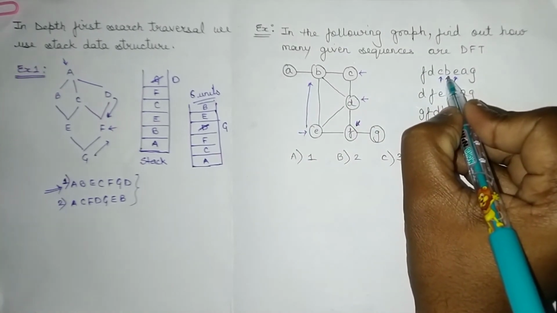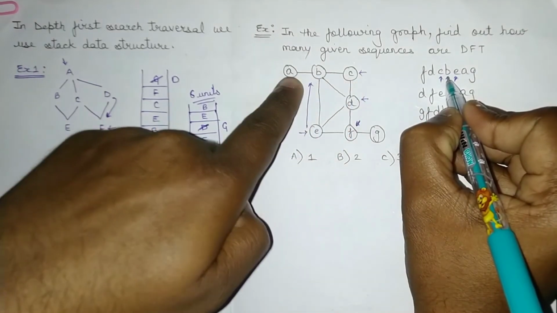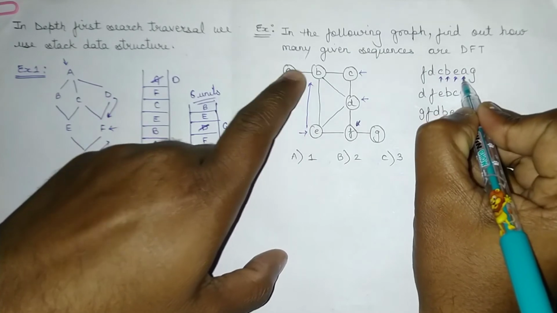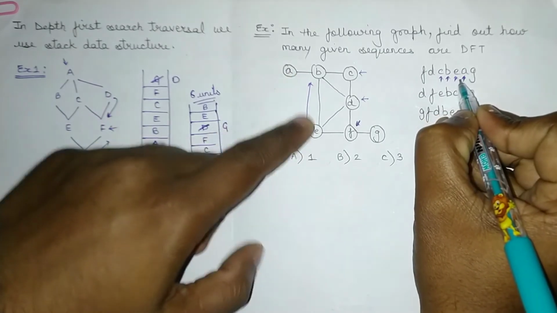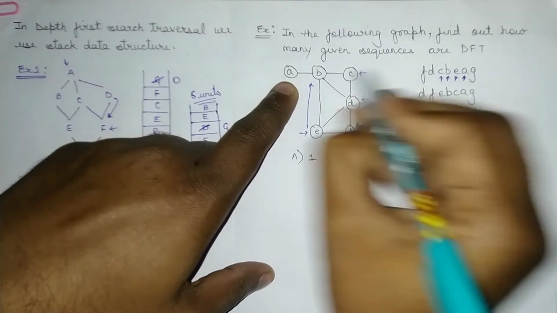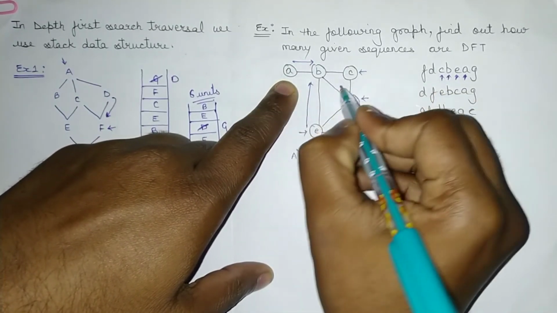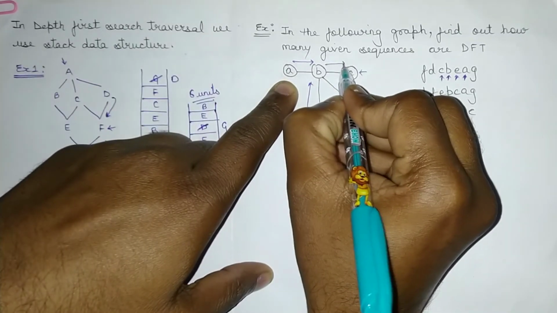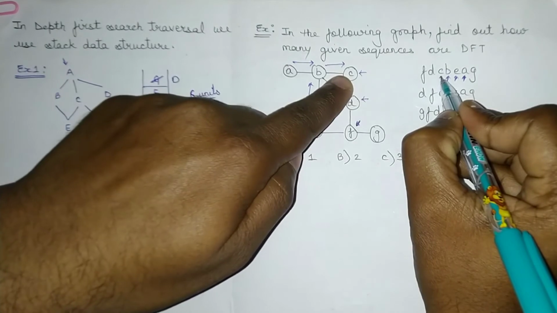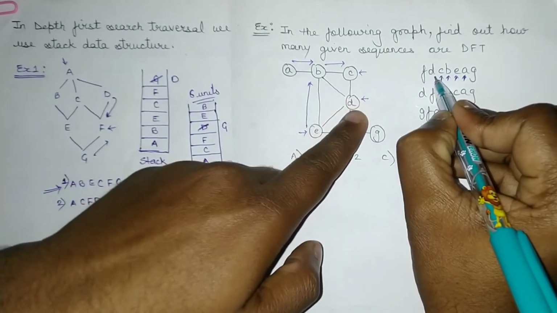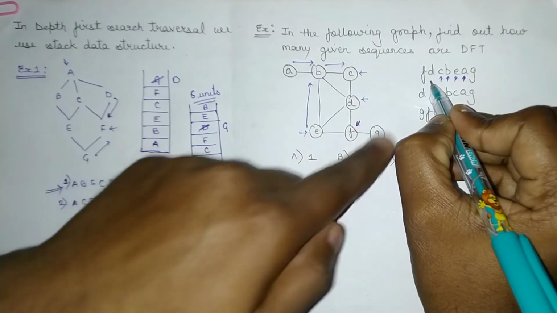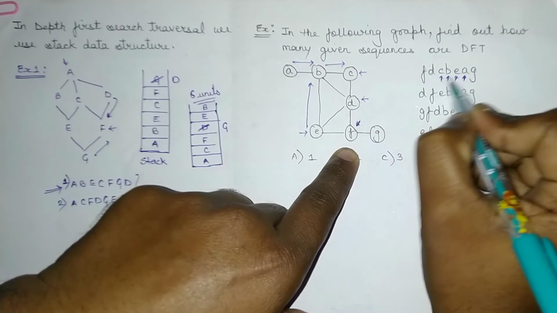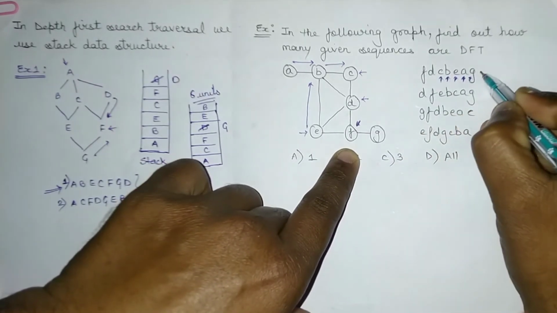Now again we will be finding out the possibilities. One is C, one is A. C is already done, so A is the new possibility. We move on to A. After moving to A, we look for the adjacent, but there are none. So again we backtrack to B. If no new adjacent vertices are present, backtrack to the previous one, which is C. At C also there is no new vertex, so backtrack to D. At D, find the adjacent. There is no new adjacent, so backtrack to F. Now find the adjacent, so G is the adjacent. So this is the correct sequence.